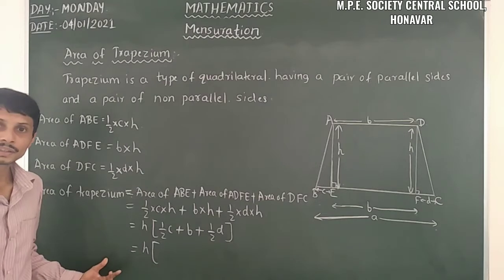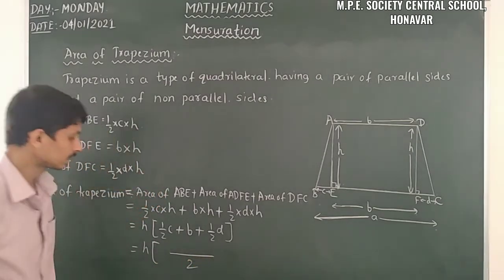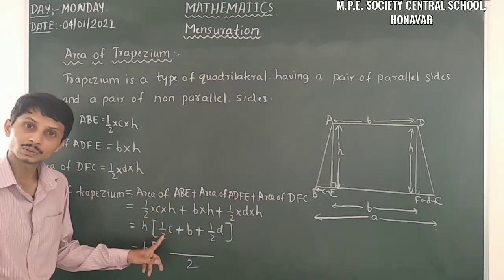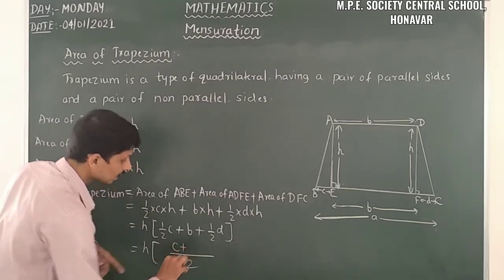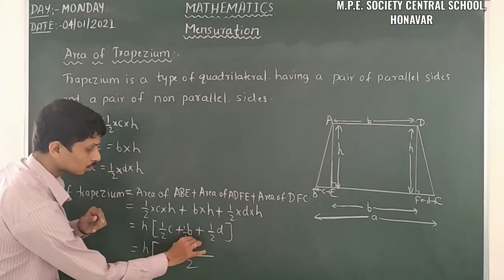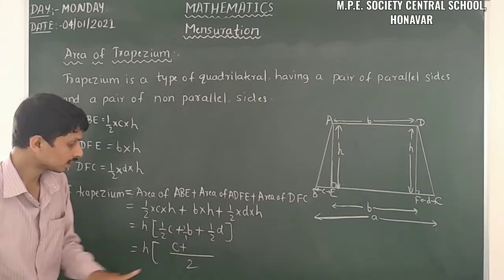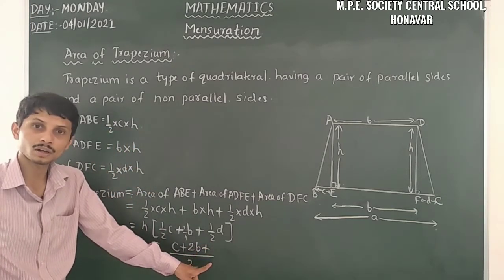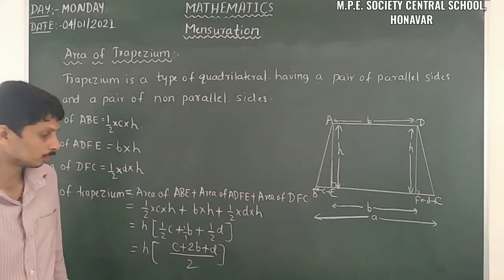So firstly we can take the LCM. What's the LCM here? 2 we can take as the LCM. Here just observe, initially 2 is in the denominator, so the numerator term remains as it is, C, and here we have 1 by 1, so we have to multiply with 2, so that's why here we have 2B, plus here already we have 2 in the denominator, so D remains as it is in the numerator.